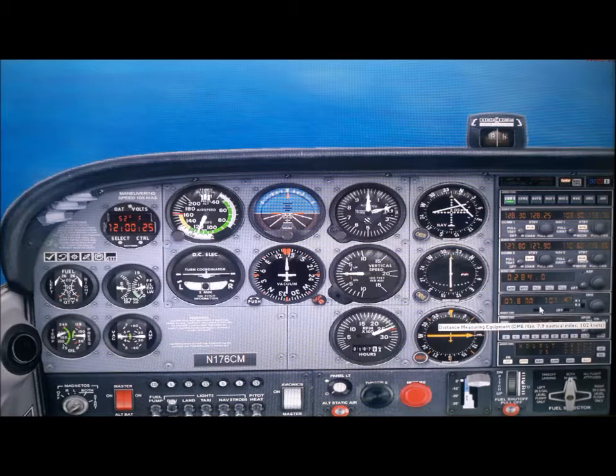Now we are approximately 8 nautical miles. Soon we will be changing the heading to 010.